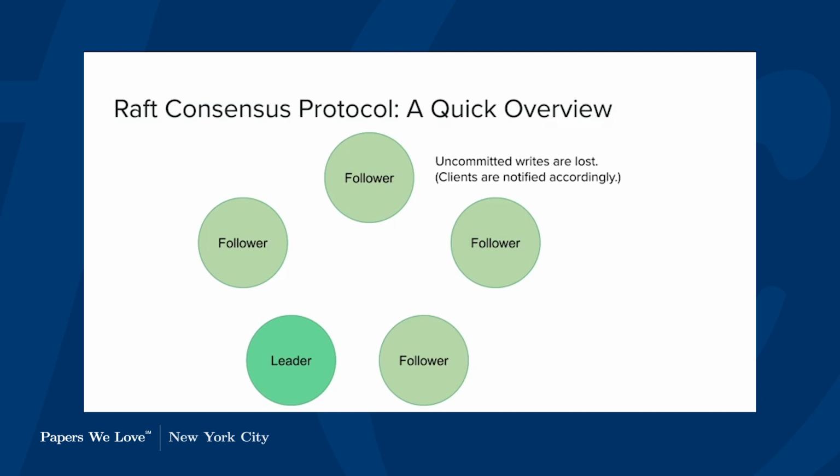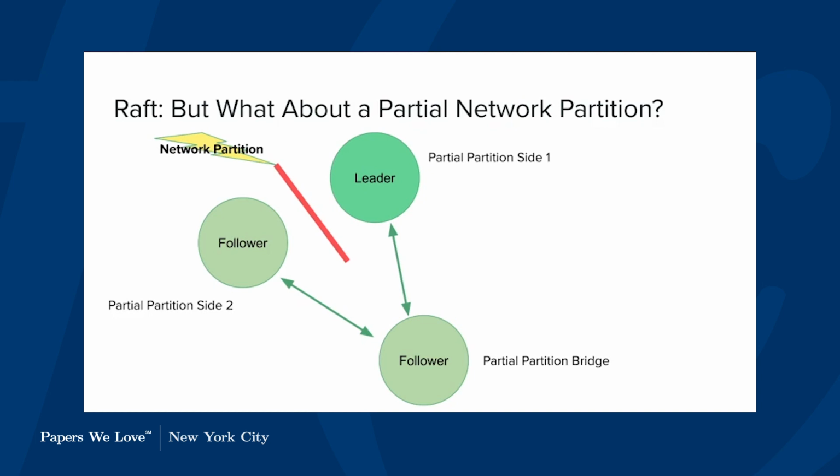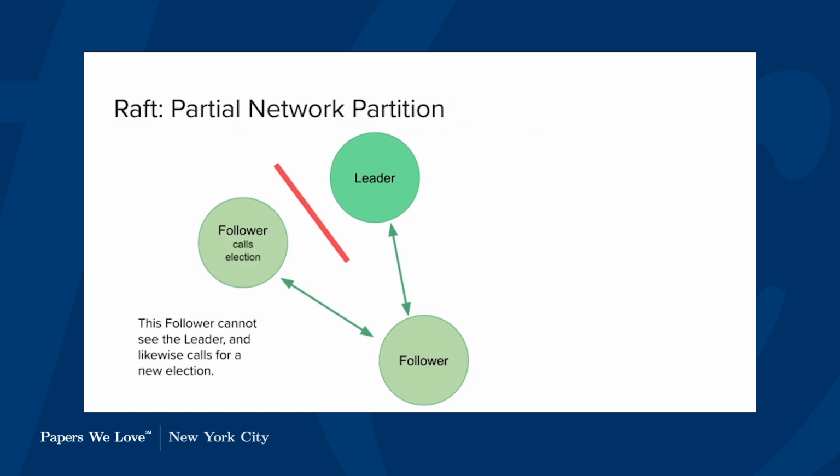All right, so now we have a partial network partition, and in this case, the leader and 1 follower can't talk to each other in this 3-node system, but 1 follower on the bridge can actually talk to both. So what happens? The follower that can't talk to the leader thinks the leader is dead and starts a new